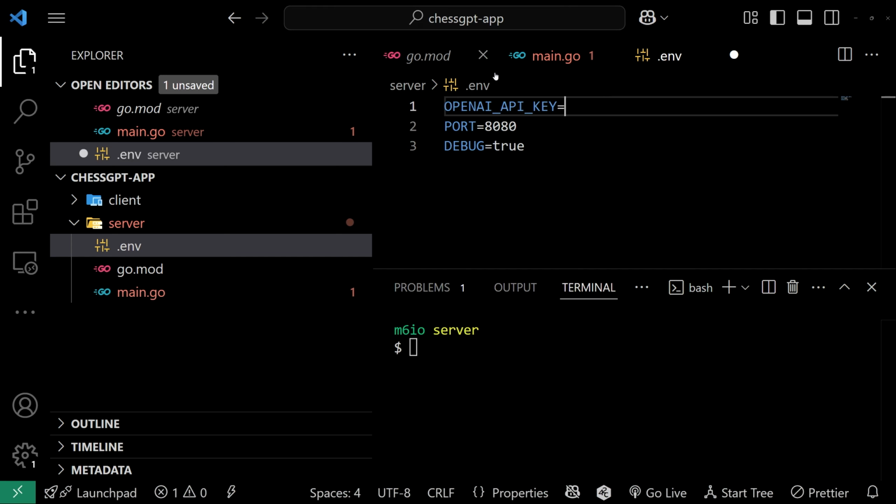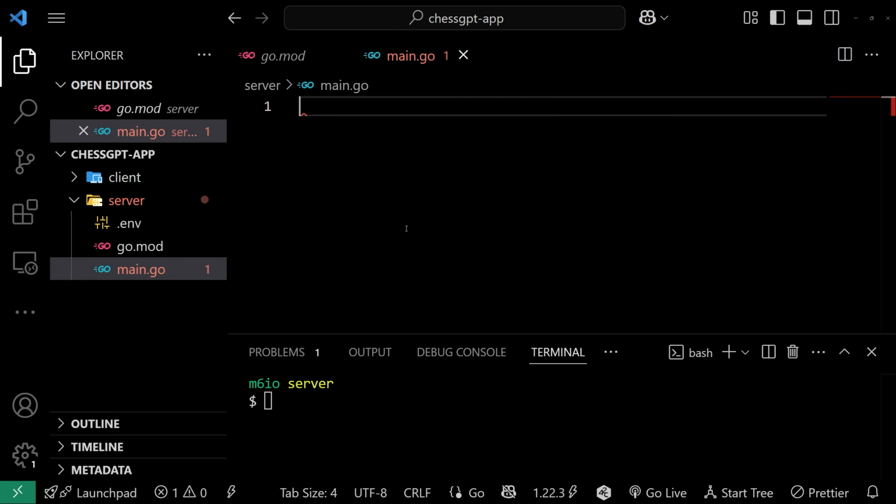Here, I'm going to actually put my OpenAI key. My terrible naming conventions. My OpenAI API key is going to go over here. And this is going to be the port that our server is going to run on. And I have this debug variable that I'm going to be using to basically log out all the requests and the responses. So once you have your environment variables set up,